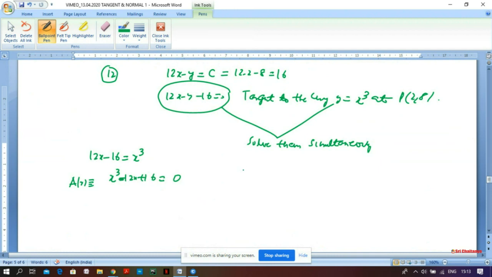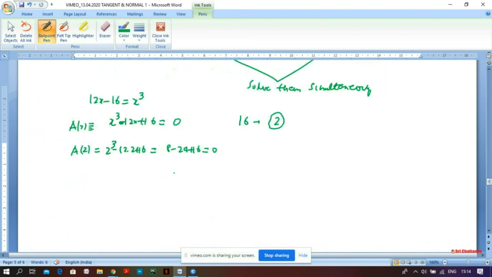So we check the divisors of 16. 1, of course, does not work. If you check 2, then you find A(2) is 2 cubed minus 12 into 2 plus 16. So that is 8 minus 24 plus 16. Good, we are getting 0. So in fact, 2 is a root. We found 2 is a root. That's all right, we need not find another. So we can write x cubed minus 12x plus 16 as (x minus 2) times